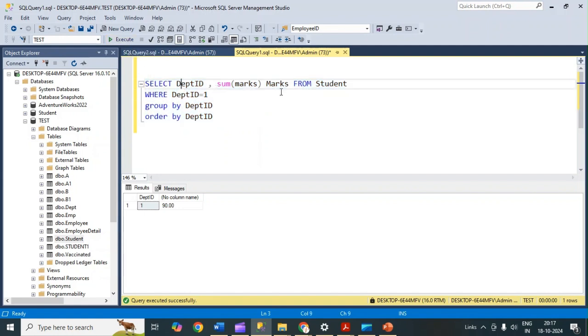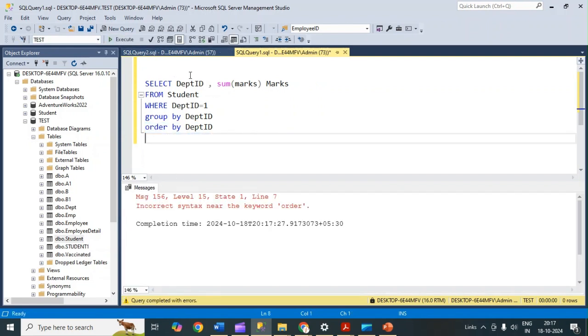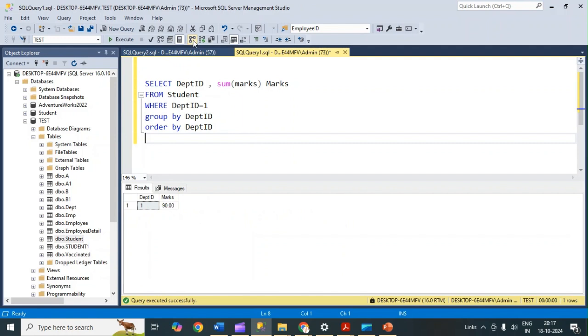तो अभी अगर आपको पूछा गया कि इसका ऑर्डर ऑफ एग्जीक्यूशन कैसा रहेगा, तो फर्स्ट ऑफ ऑल जो एग्जीक्यूशन स्टार्ट होगा, तो वो फ्रॉम से स्टार्ट होगा, ठीक है। तो पहला अपना स्टूडेंट टेबल यहाँ पे रन होगा, ठीक है। उसके बाद वेयर कंडीशन रन होगा, उसके बाद ग्रुप बाय होगा, और उसके बाद अपना सिलेक्ट स्टेटमेंट रन होगा, और एंड ऑफ द ऑर्डर बाय क्लॉज रन होगा, ठीक है। तो ये ऑर्डर ऑफ एग्जीक्यूशन रहेगा, ठीक है।